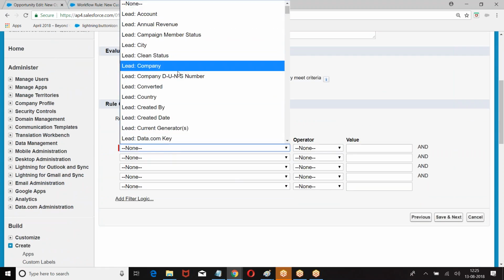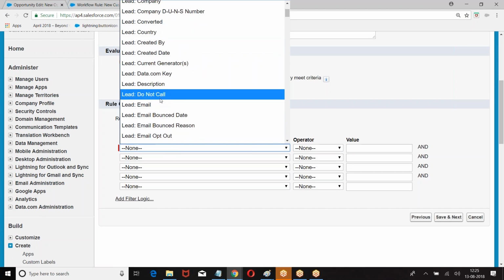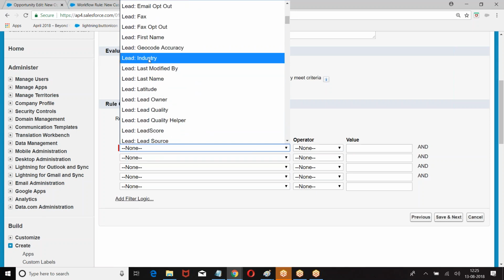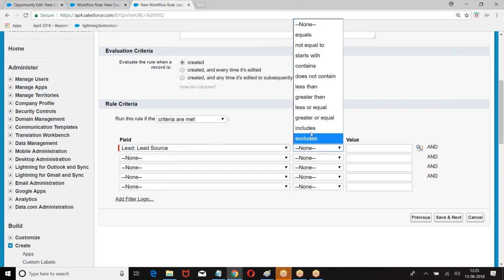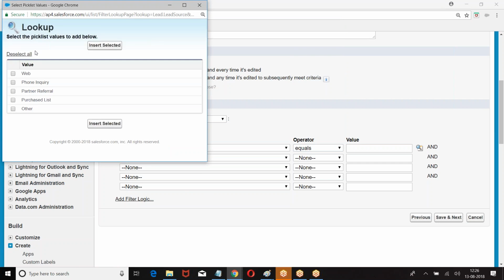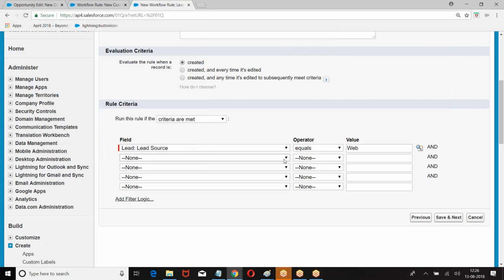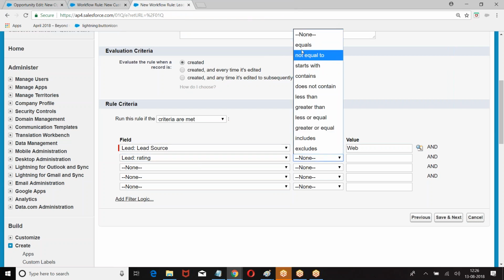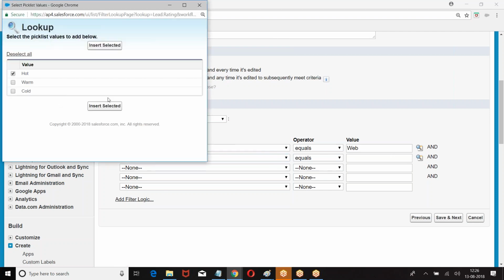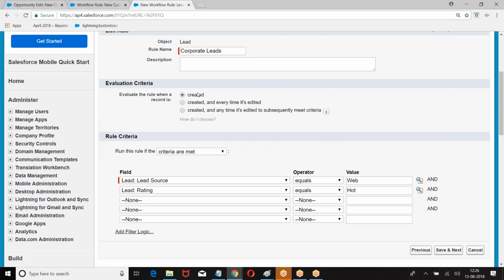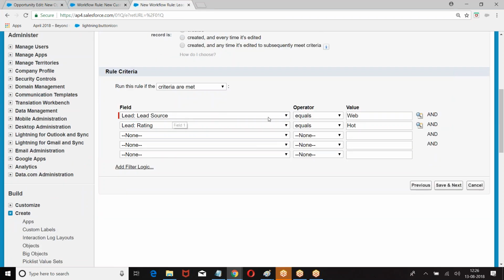I told lead source equals web and rating equal to hot. Then I gave a condition. When a record is created, then lead source equal to web and rating equal to hot.